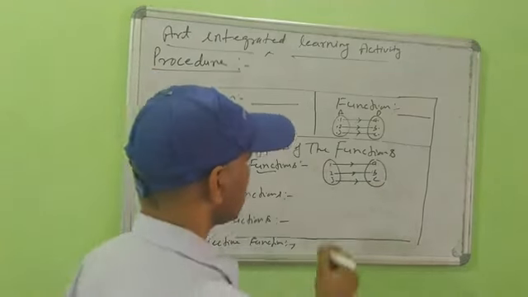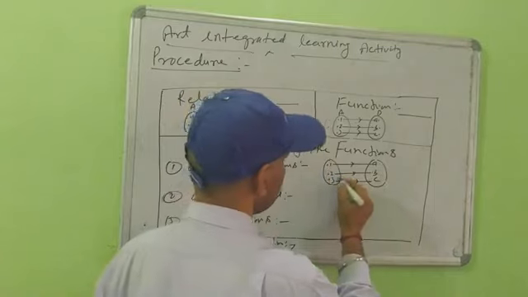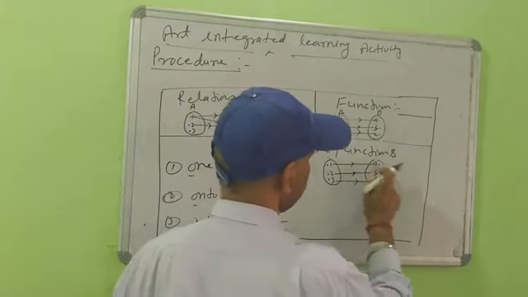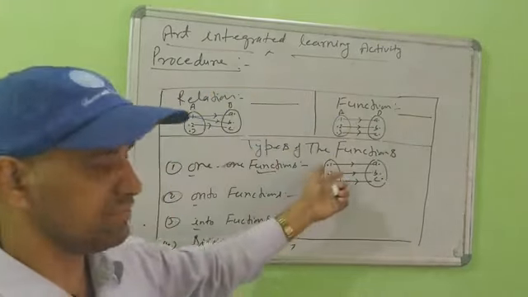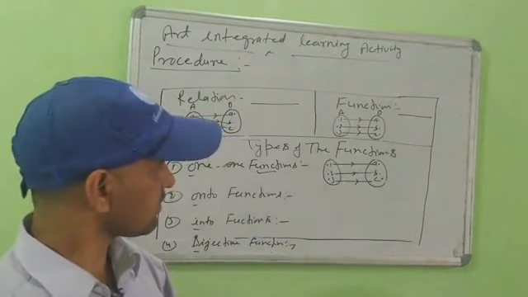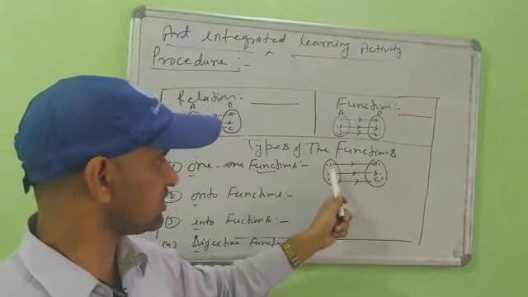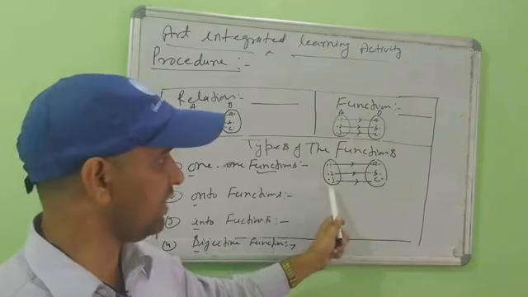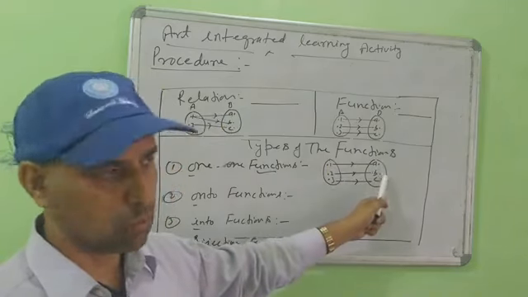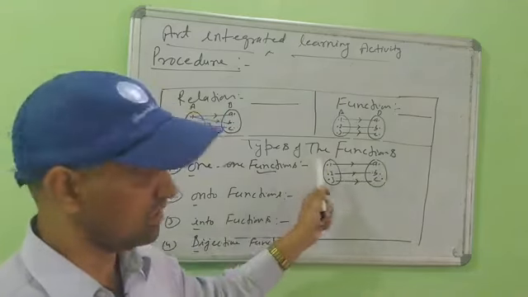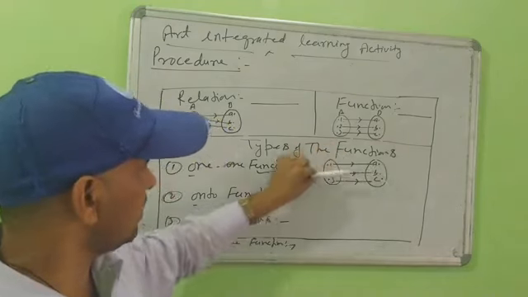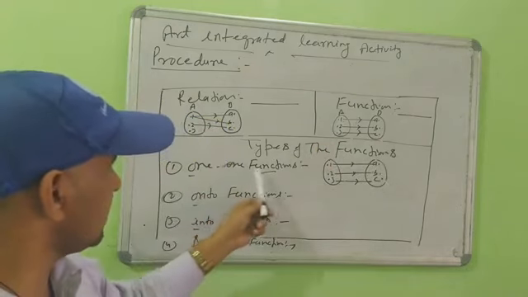You will use a thumbprint, a drawing pen, anything you like here, and correlate them with the help of a rubber band, otherwise sticks. Then you make the one-one function, meaning every element of the domain having a unique image in the codomain is called the one-one function. So with the help of the diagram, you understand the definition.